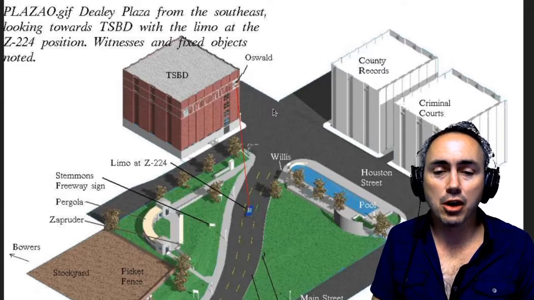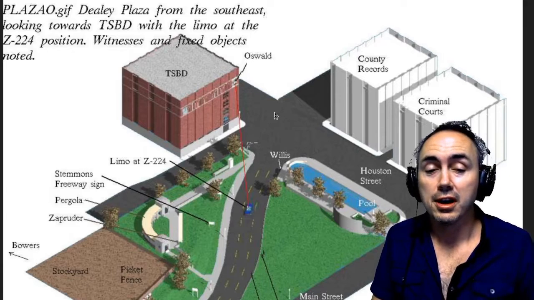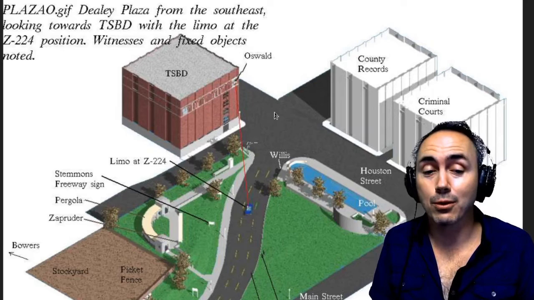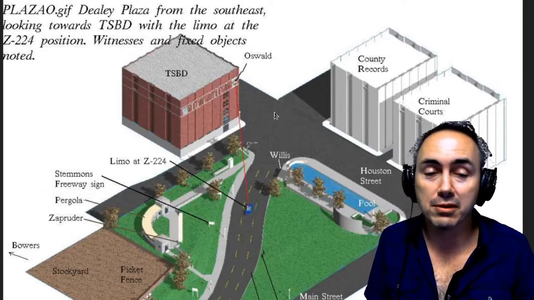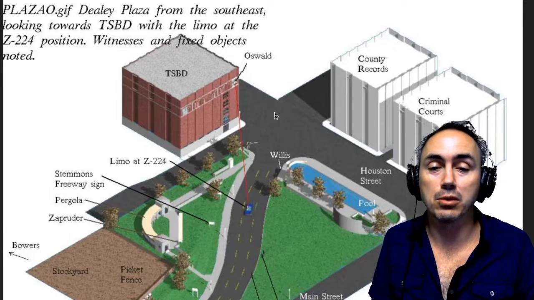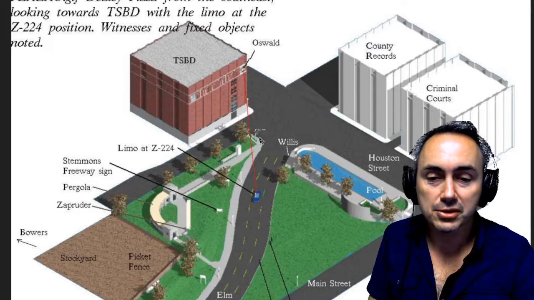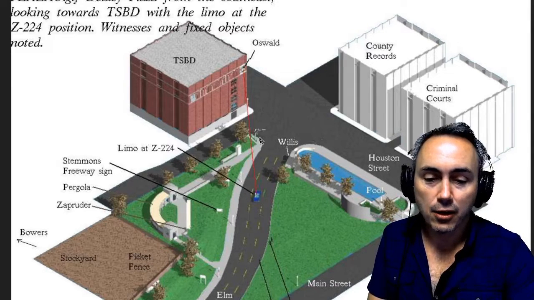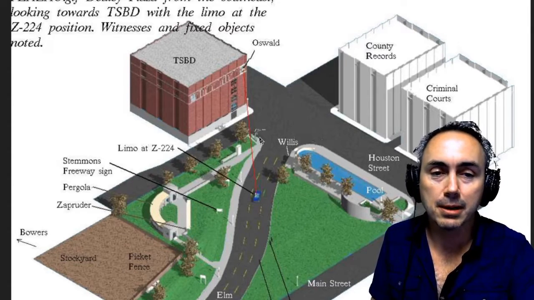So here is an overview of Dealey Plaza, the plaza where they last minute changed the route of the motorcade for JFK, and where the Secret Service driver was driving very slow, and they hadn't properly vetted all the surrounding tall buildings to see if they were safe or not. So this 3D rendering shows the limo at frame 224 from the Zapruder film, which we just watched. There's a freeway sign, and over here is a grassy knoll and a picket fence behind the grassy knoll. That's going to become very important.